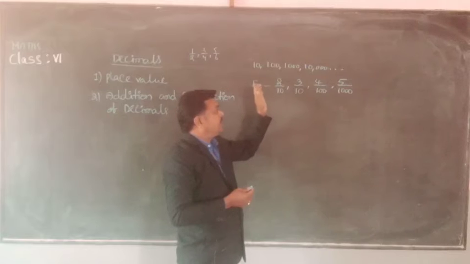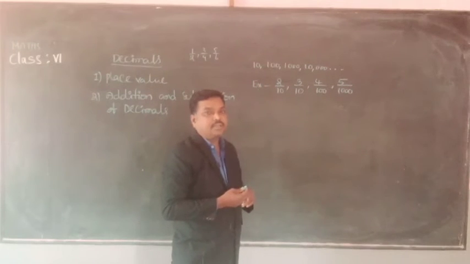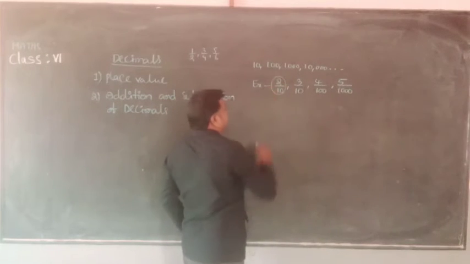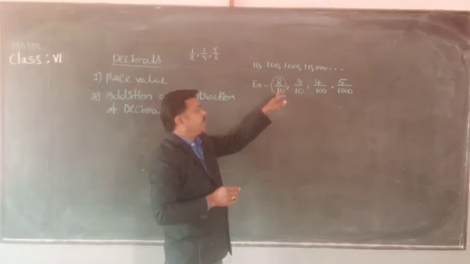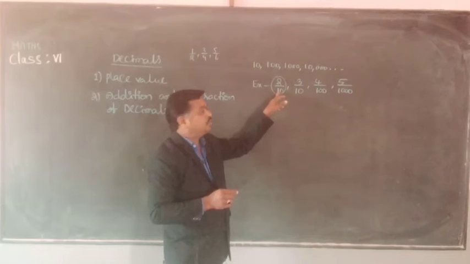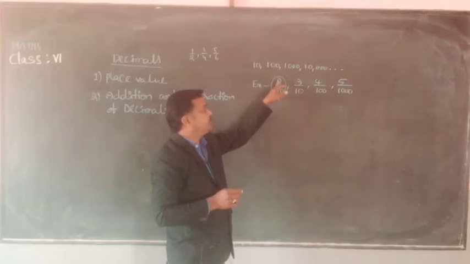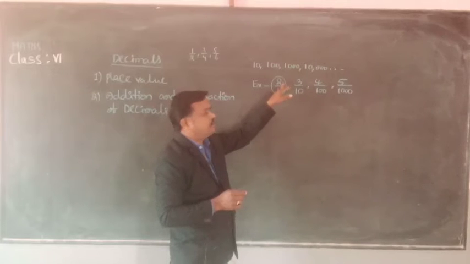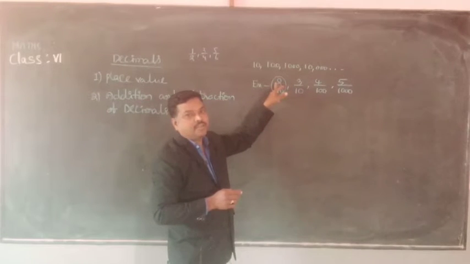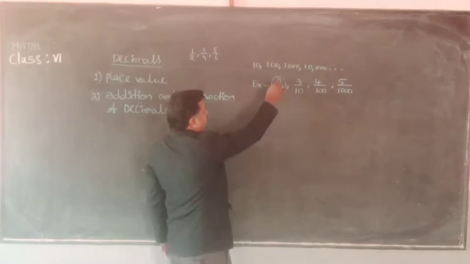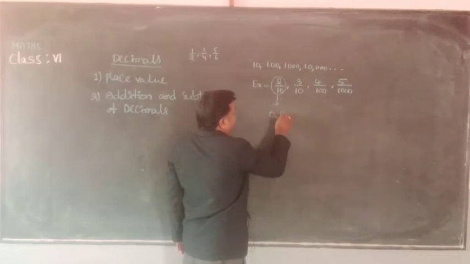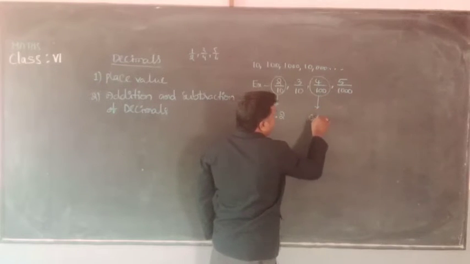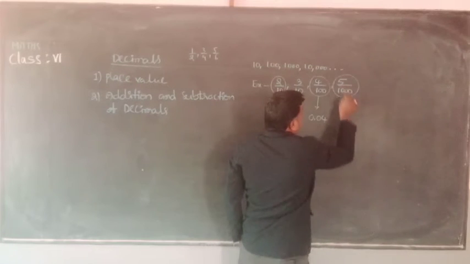See, how can we write these decimal fractions as decimal numbers? See, 2 by 10. In 2 by 10, 10 is the denominator. So, if we change decimal fractions to decimal numbers, we have to put the decimal point after one digit to the left side. So, 2 by 10 we can write as 0.2. Similarly, 4 by 100 we can write as 0.04. 5 by 1000 means